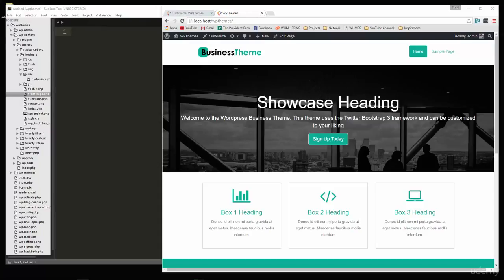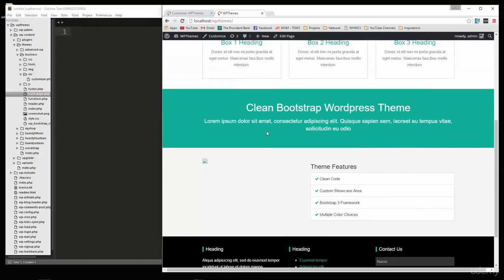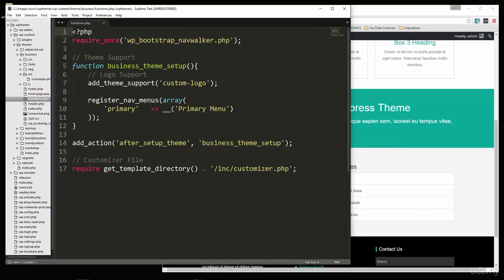Alright, so we have our front page almost done. We have our customizer functionality complete. Now we want to implement the widgets down here at the bottom. So first thing we'll do is open up functions PHP, and we're going to have to register and initialize all